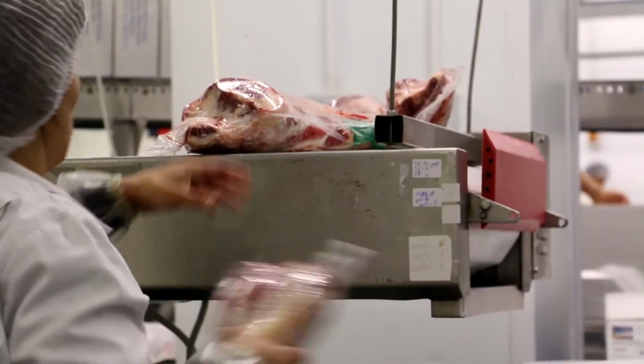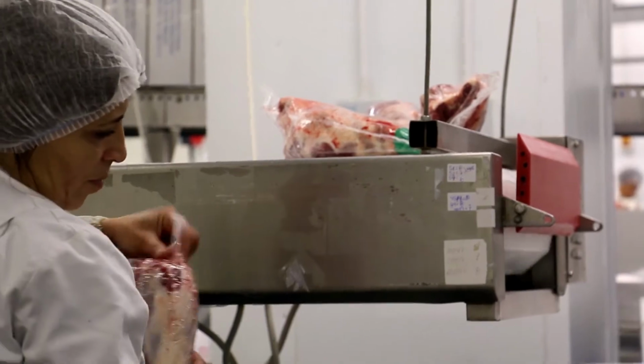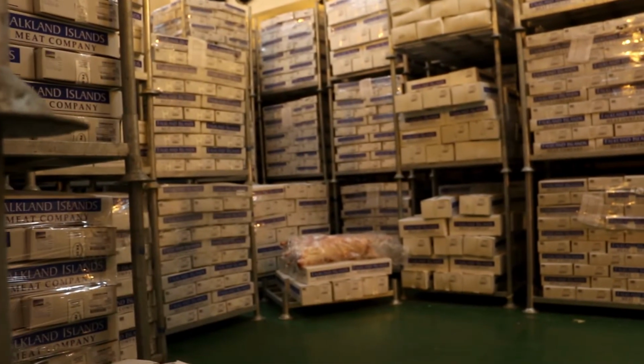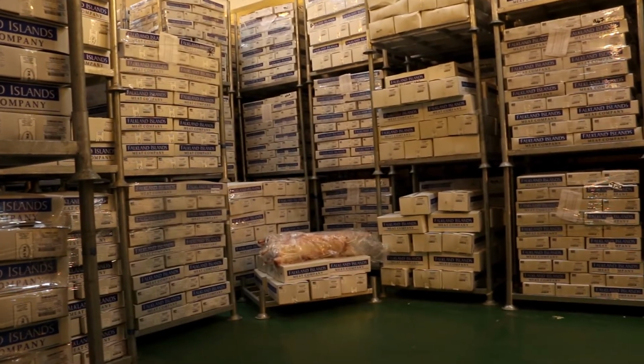Now in its 14th export season, FIMCO has seen its produce and customer base expand across a plethora of European countries. In terms of countries, that's pretty much spread, obviously from the UK. They take about 50%, a bit more than 50% this year, and then into mainland Western Europe. So we're talking about Denmark, Sweden, Germany, France, Spain, as far as the Faroe Islands, down into the Canary Islands,